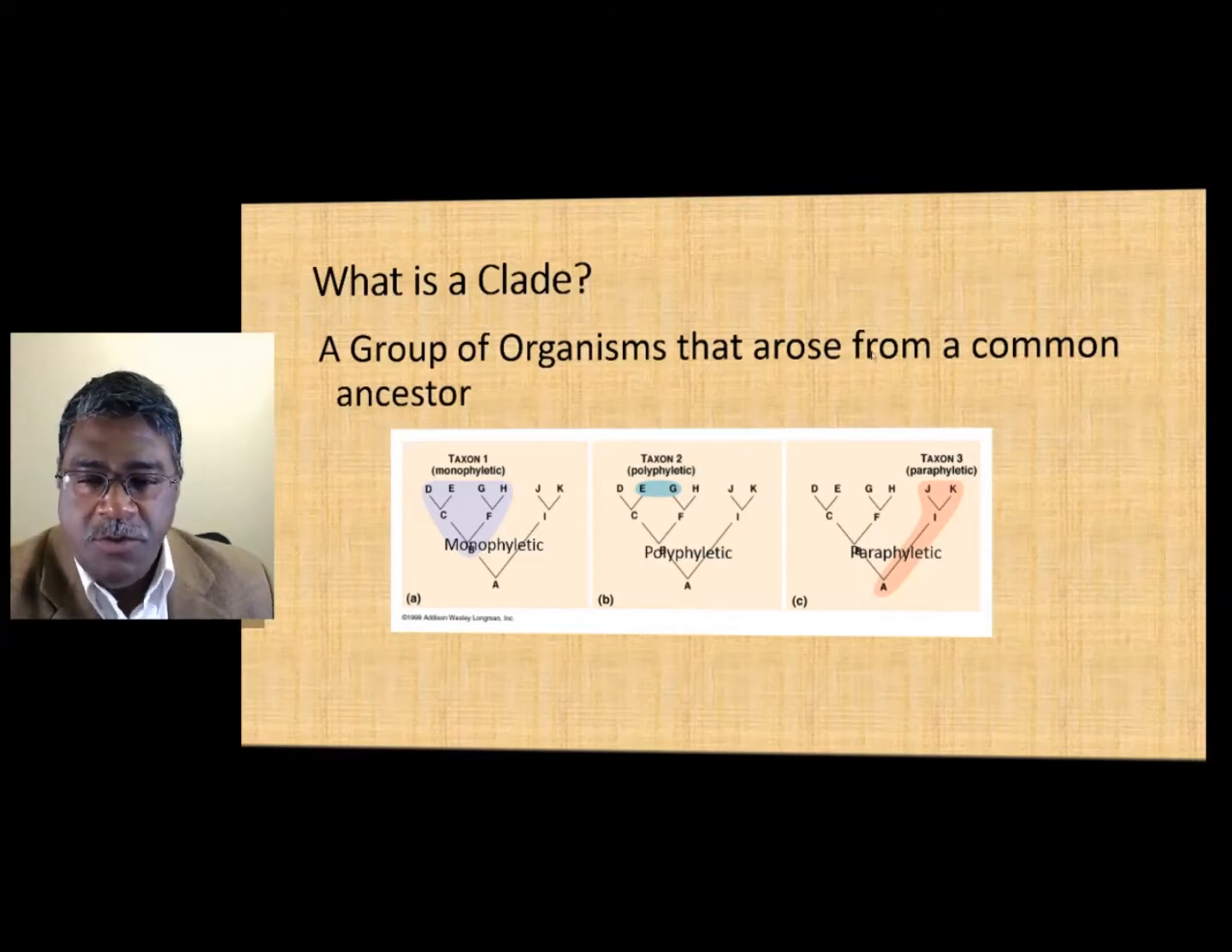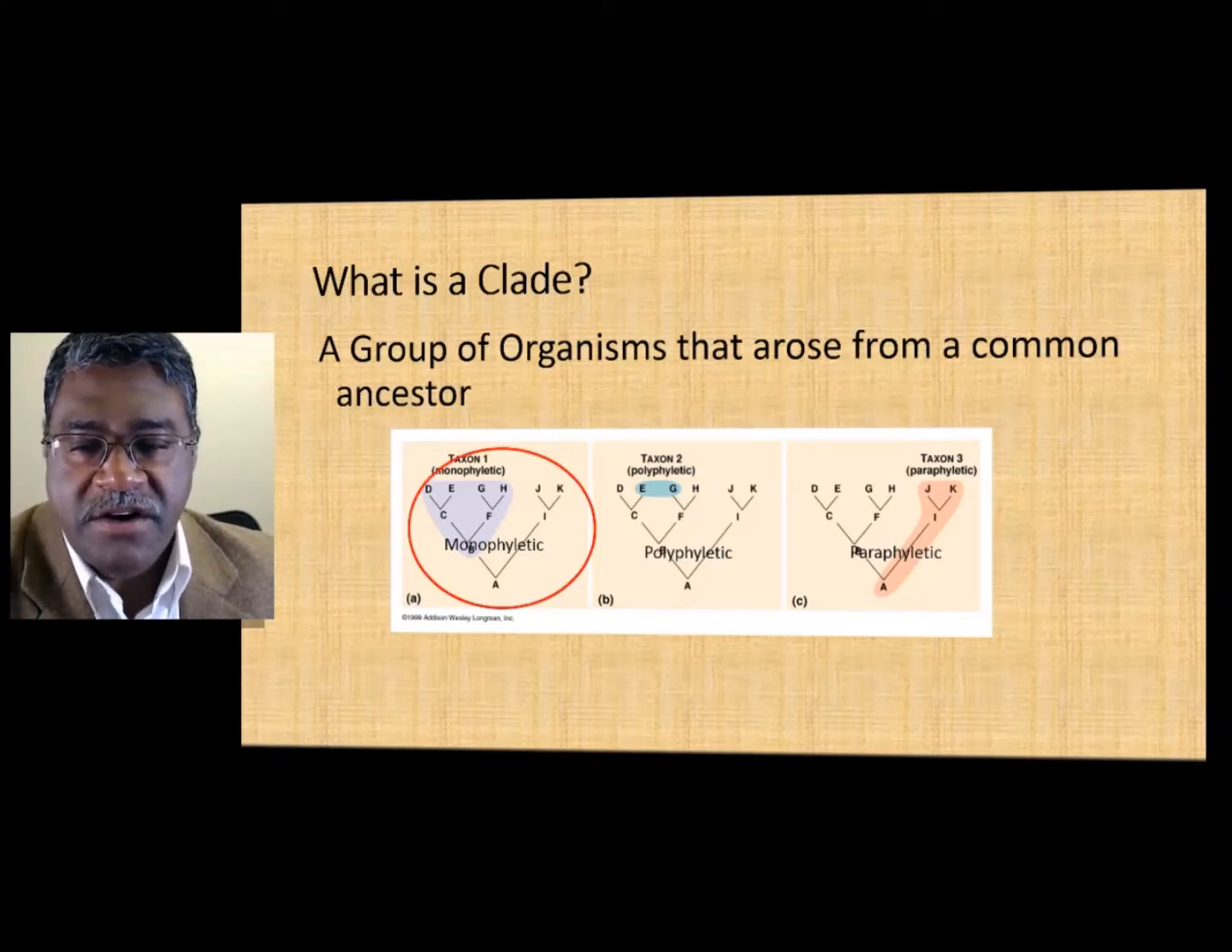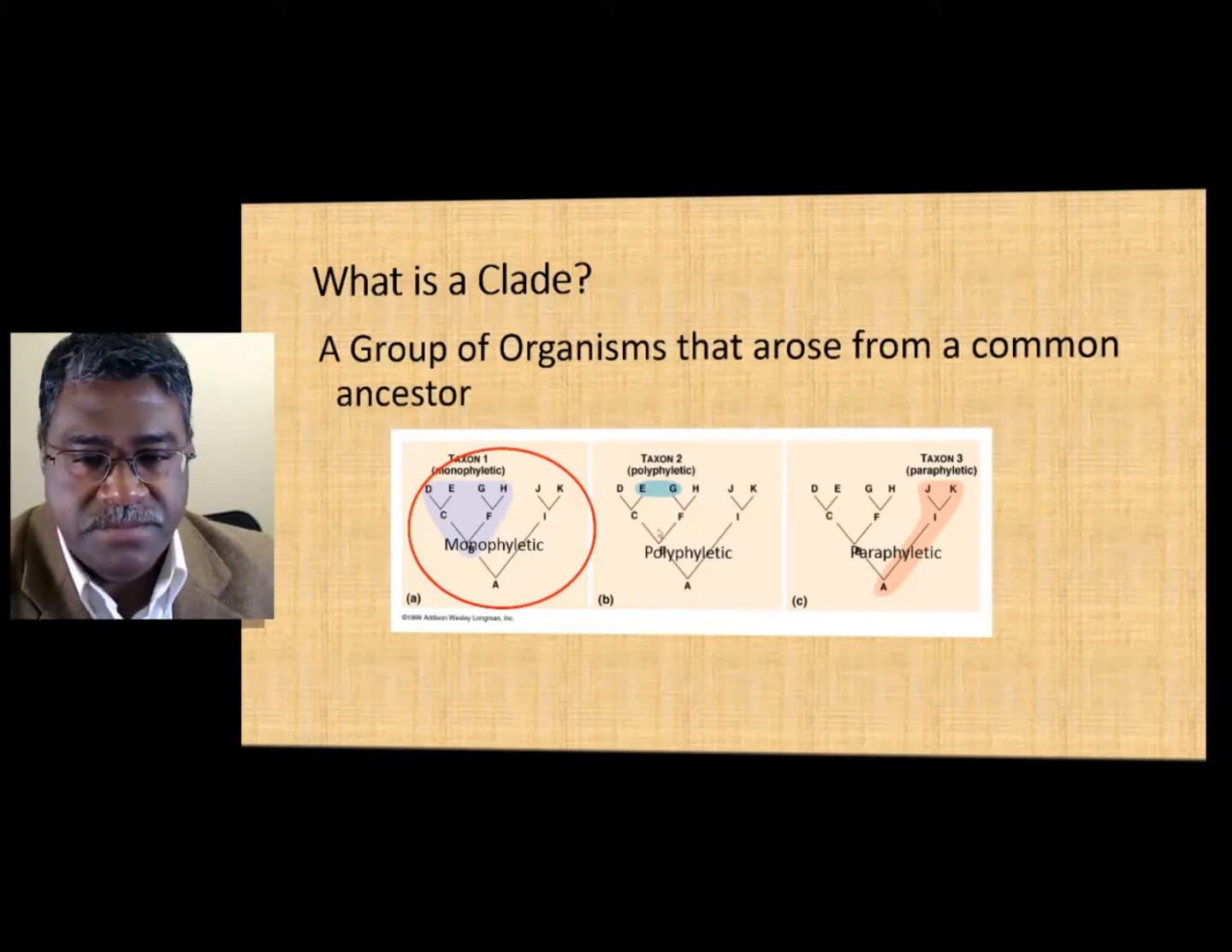Okay, so a group of organisms that arose from a common ancestor. So there are different kinds of what are called taxons. A monophyletic taxon is a taxon where you have a bifurcation that results from a common ancestor. And similarly you can see this entire clade arose from a common ancestor. The next example is of